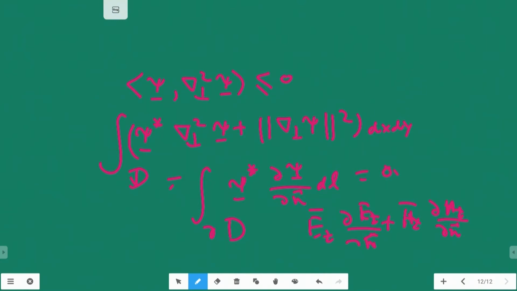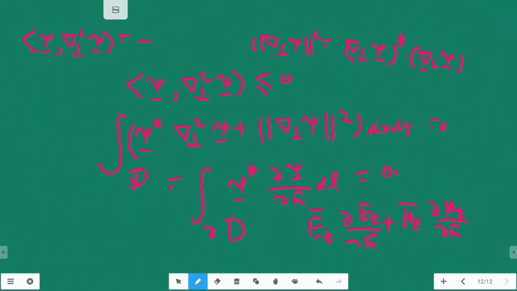Which is the same as saying, what is del perpendicular psi star? Del perpendicular psi norm square is del perpendicular psi star, a 2 cross 1 vector, times del perpendicular psi, also a 2 cross 1 vector, where star means conjugate transpose. So this quantity becomes 0, which is the same as saying that if you look at psi comma del perpendicular square psi, this quantity is nothing but this, and that is equal to